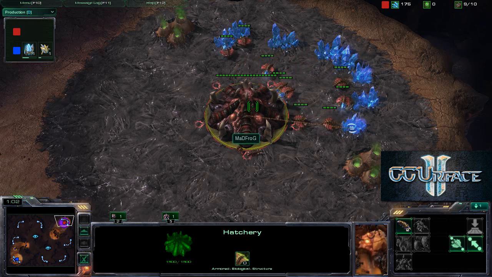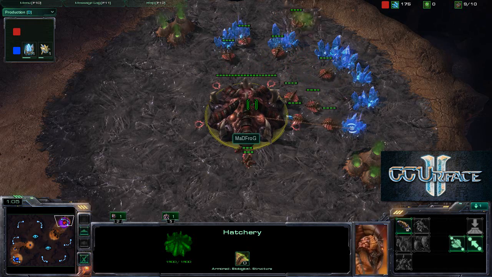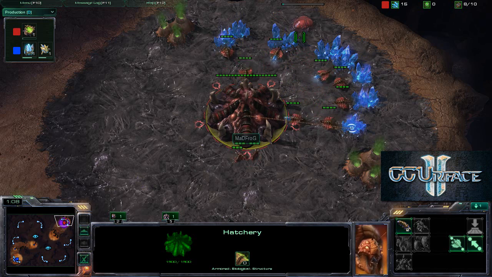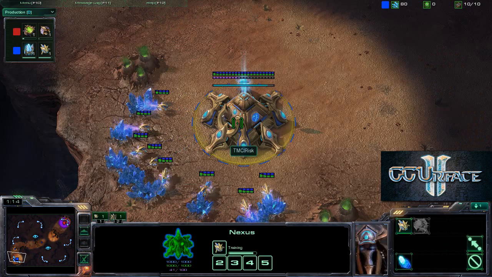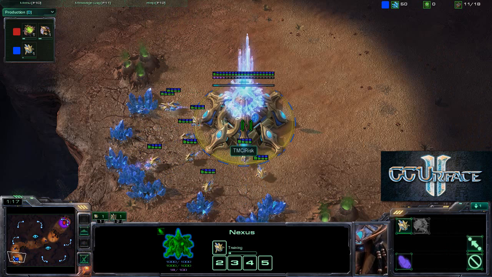Hello and welcome to game number 2 between MaDFroG and Risk. MaDFroG will be playing as the red Zerg player at the upper right hand corner. It looks like he did a 9-pull once again. The map is going to be Blistering Sands, and Risk will be playing as the blue Protoss player at the